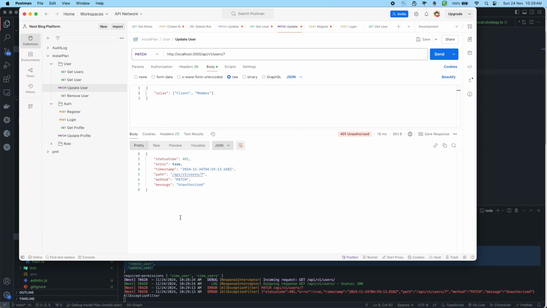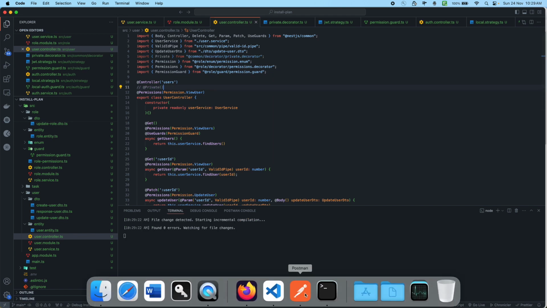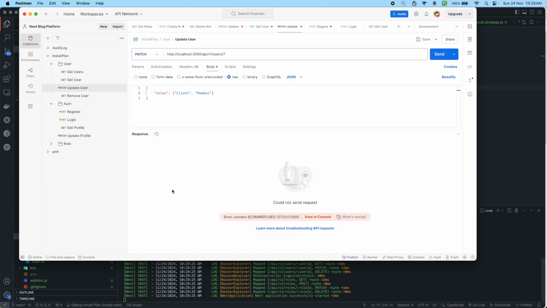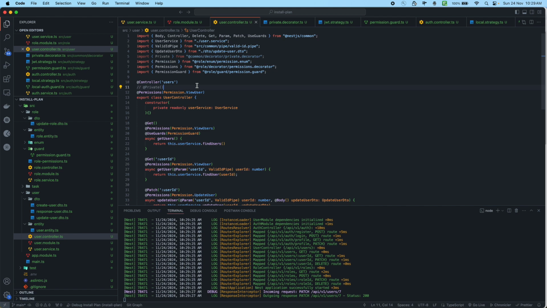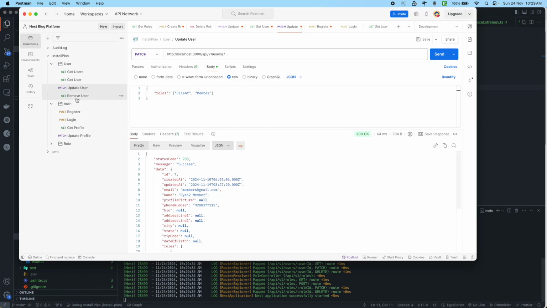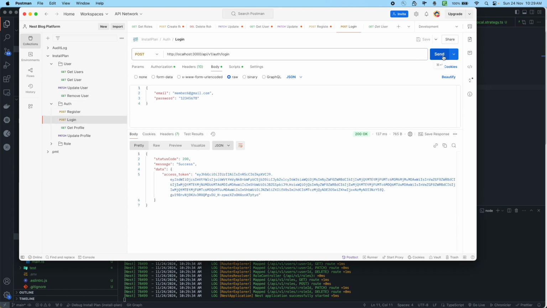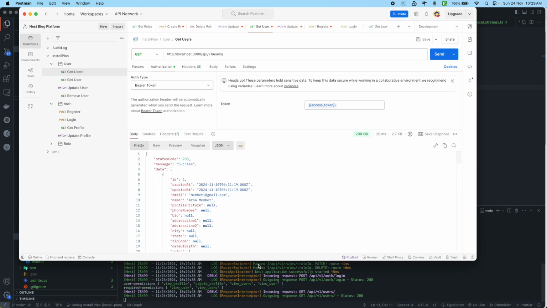Again, this is saying unauthorized. So for now, just let me comment it out. Okay, now I'll just uncomment it, and I will try to log in again. Since the data is now bigger, we are getting a bigger access token. Okay, and now if I try to get all the users list,